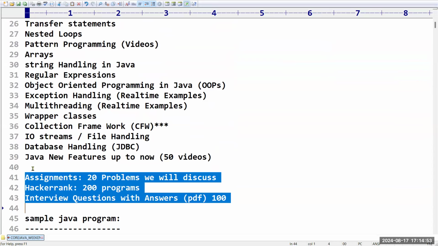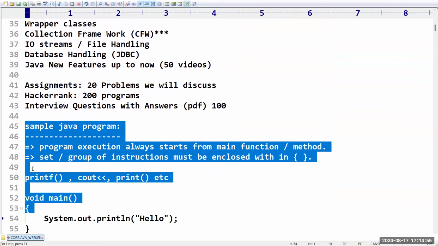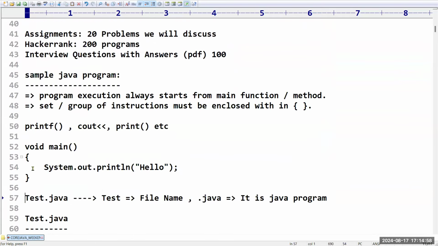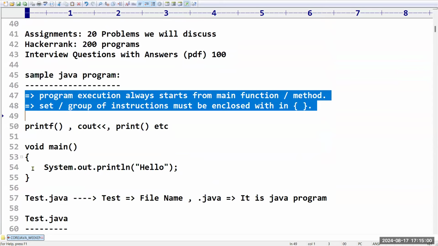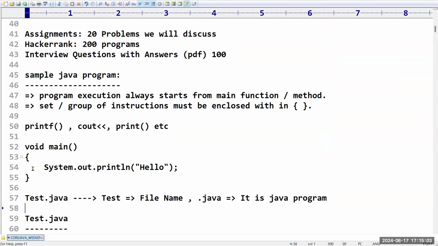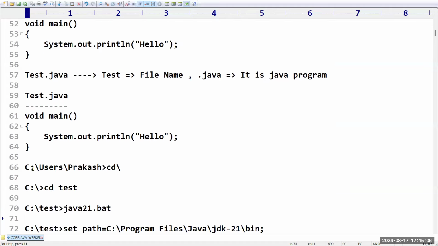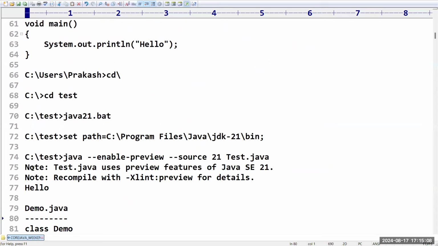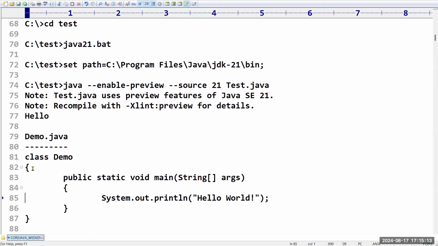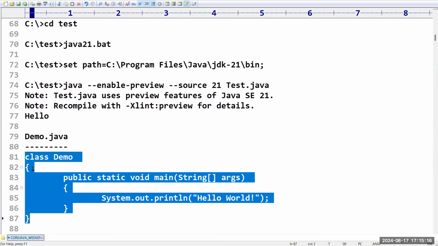Yesterday, of course, the introduction part was not started, but I directly took one simple Java program and explained how it is going to execute. There are two versions. The Java program looks like this: you have to take a class Demo, public static void main, String array args, System.out.println hello world. So many things are required if you want to print a simple hello world message